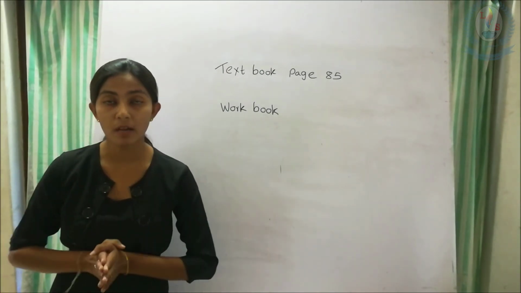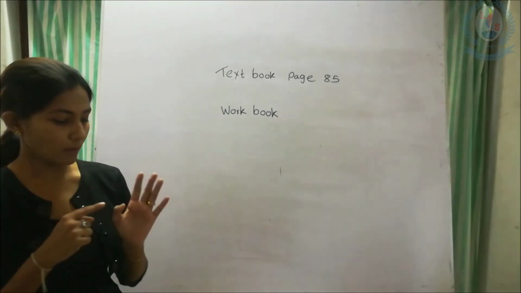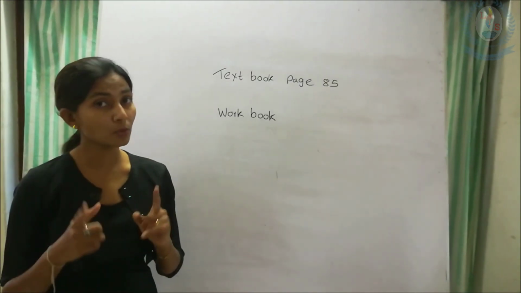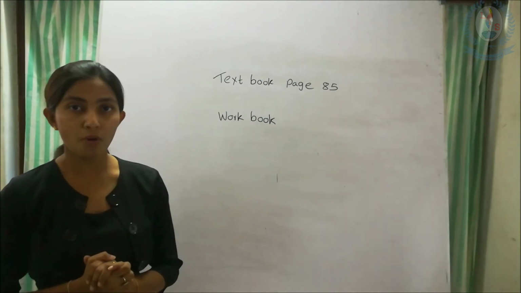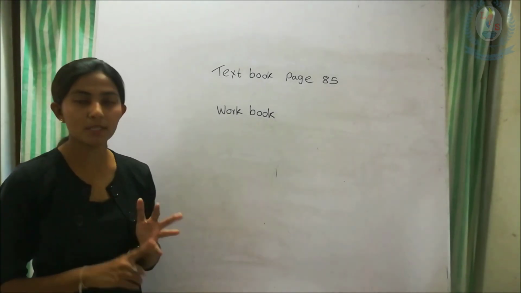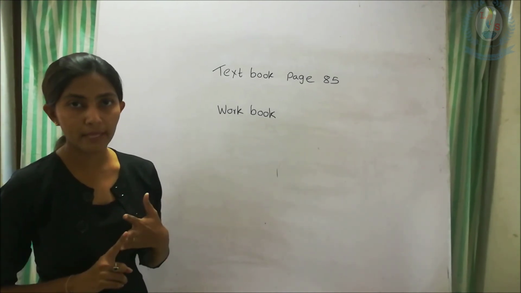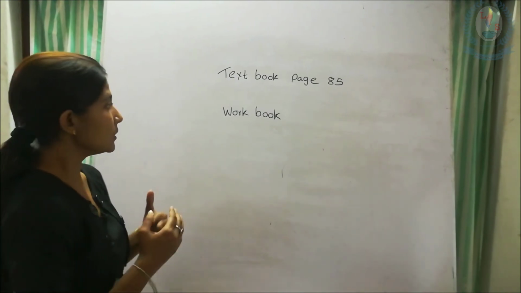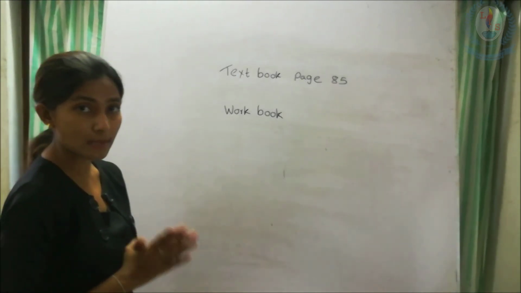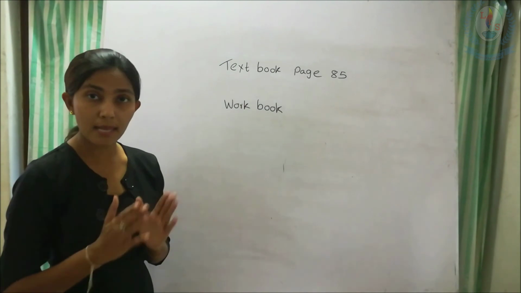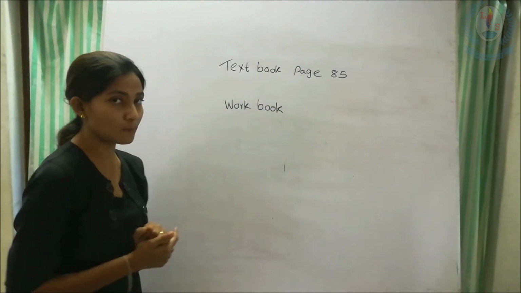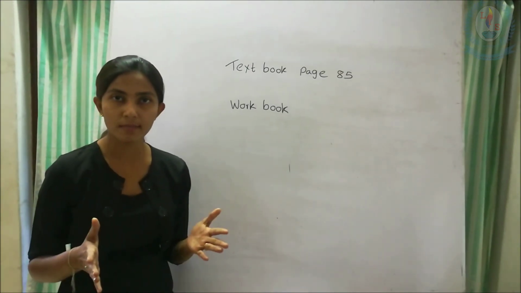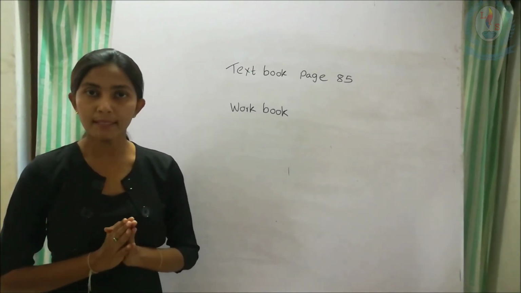Okay kids, we have covered our length lesson. We learned measuring length with centimeters, meters. What is a kilometer? You remember kilometer we used for roads. Then we learned addition, subtraction of length. Then after that multiplying and dividing of length. So we have learned these parts. You all can now complete the exercises relevant to this lesson. Page number 85 on the textbook and on the workbook also, the length lesson, all the exercises, all the activities, you all can complete.